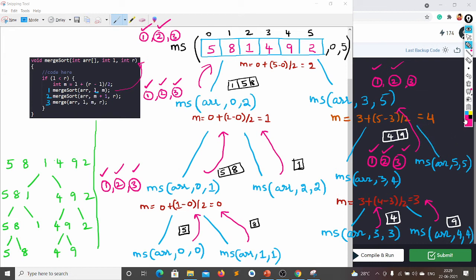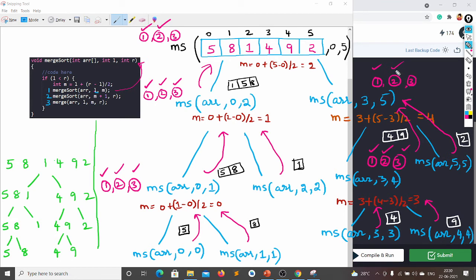Then it will return its array to this function. So what it will return is, what is this 5 5? Okay, 2. It will return 2 now. So this function says, okay, there is no use of me, so I just return 2.